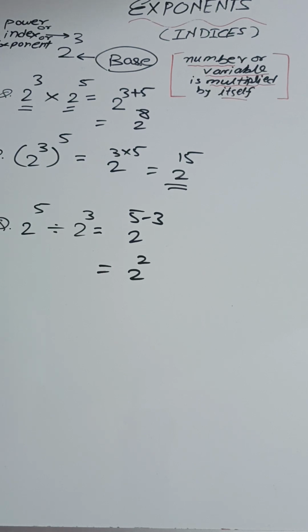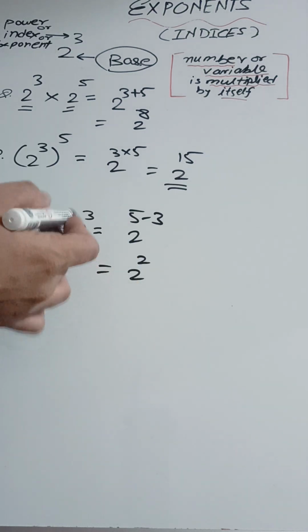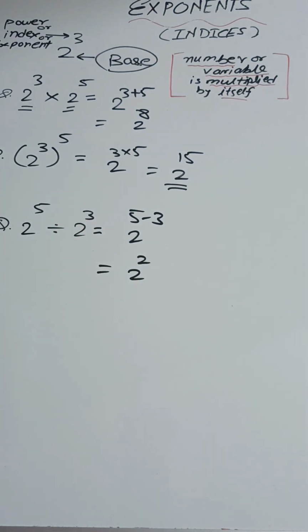So we now have 3 types of questions in exponents. The first one, when the base is same, add the powers. Now this is 2 raised to power, then again bracket closed, then again you have power. So simply you multiply the powers. Now in the third type there is division, the base is same, so what will you do with the powers? You will subtract. So in this way you can solve 3 different types in exponents or indices, and there are a few more types that we will discuss in the next video.